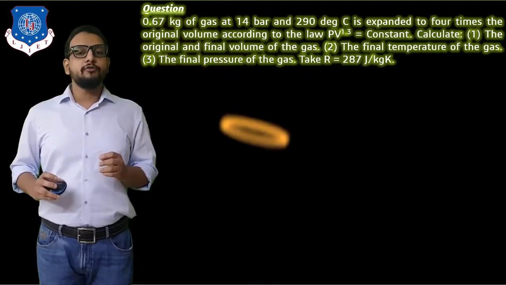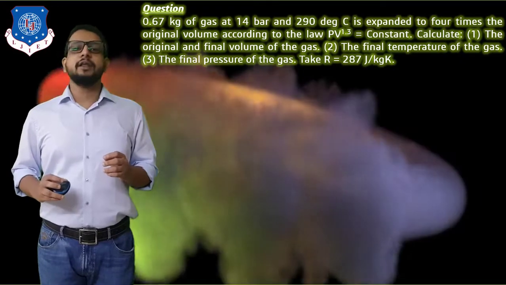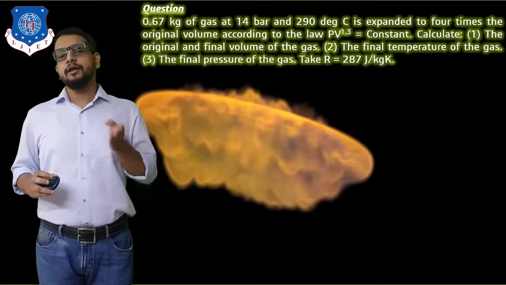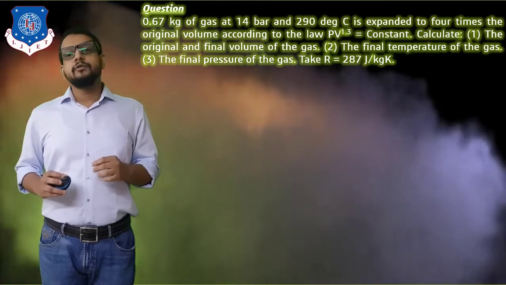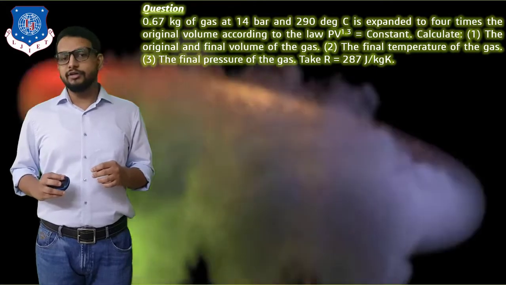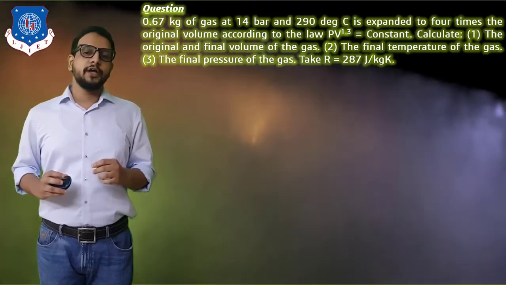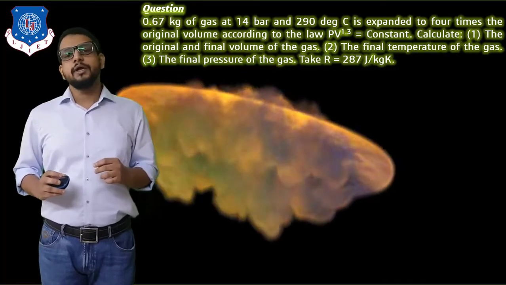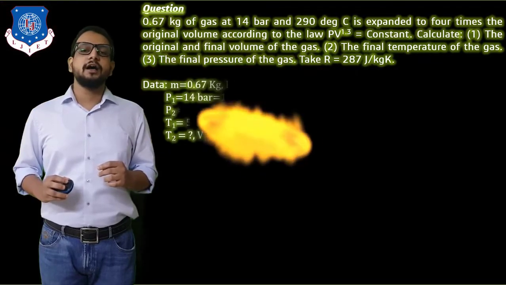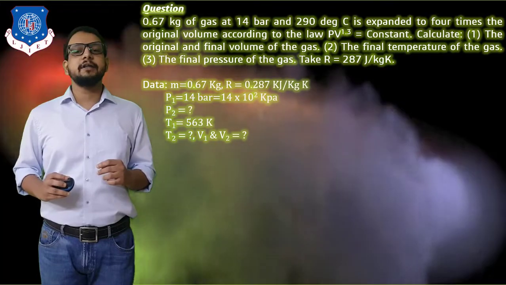Now we need to determine first original and final volume of a gas, that is, we need to find out V1 and V2. Second, final temperature of a gas, that is, we need to find out T2. And third, final pressure of a gas, that is P2. We need to take characteristic gas constant R is equal to 287 joule per